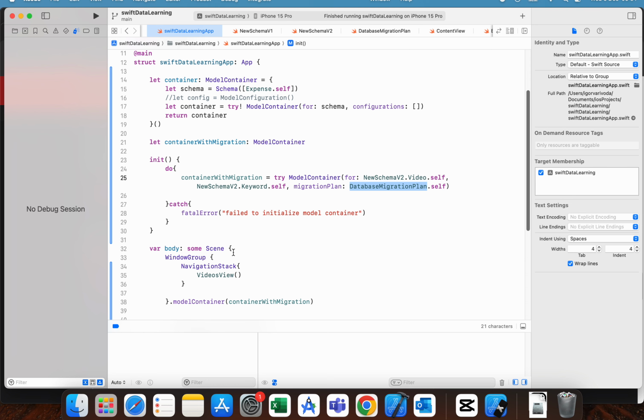And after that, the last thing we need to do is on our WindowGroup, we need to add modelContainer, and that container with migration. And that's it. That's all you need to do in order to implement a local database with migration in